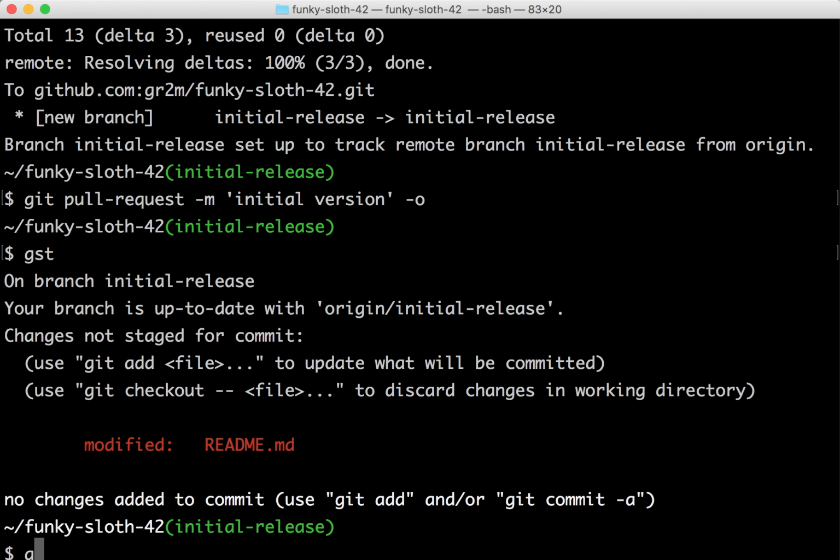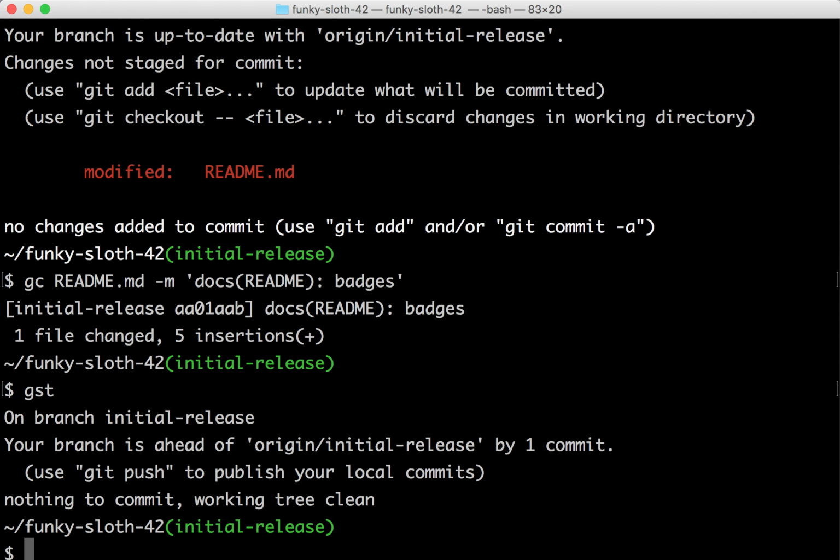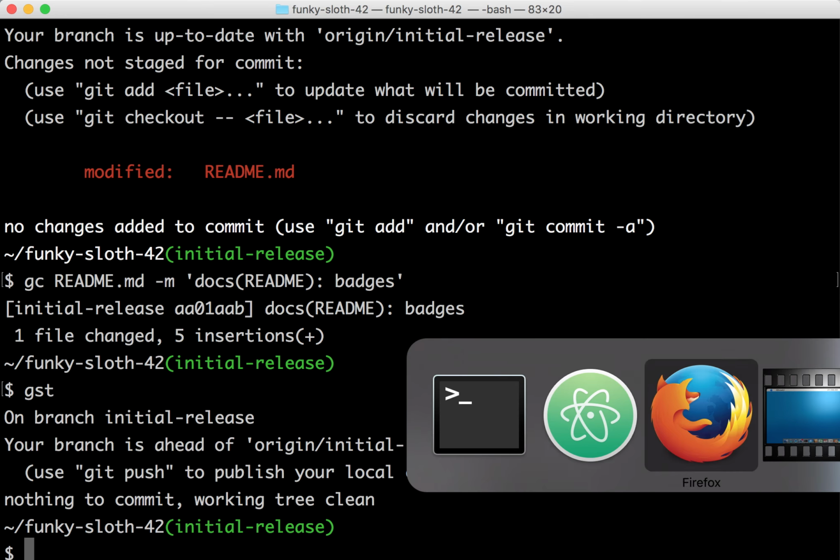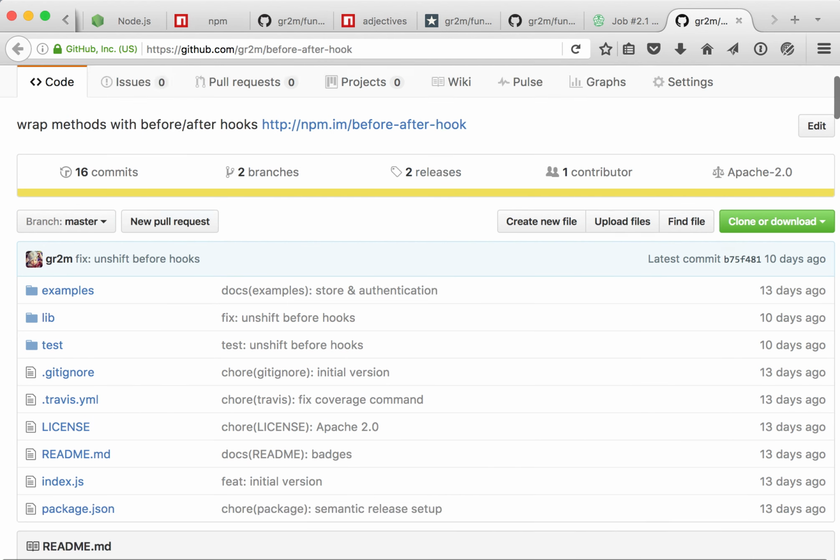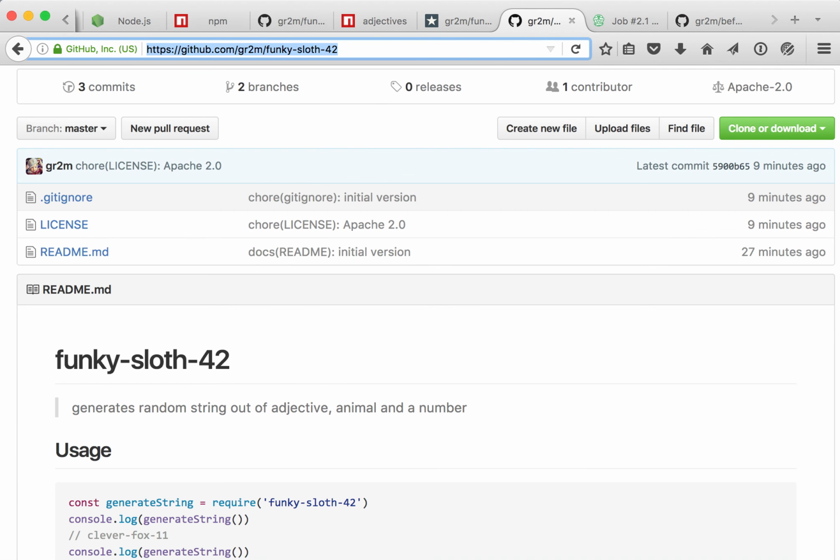Okay, so now I can also commit these badges, and now